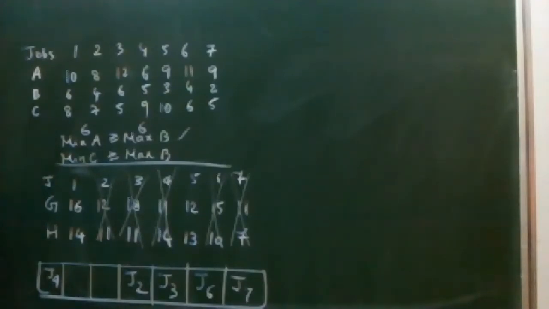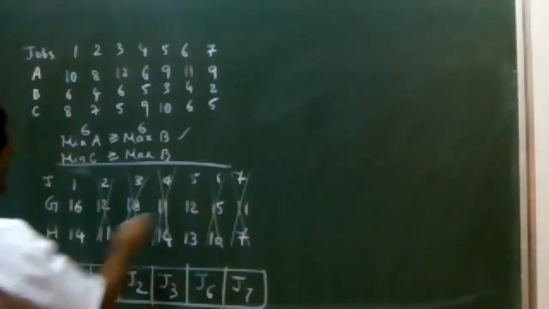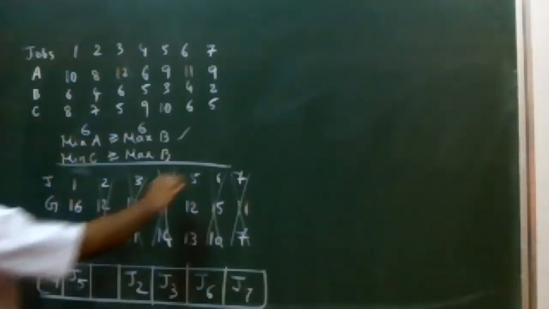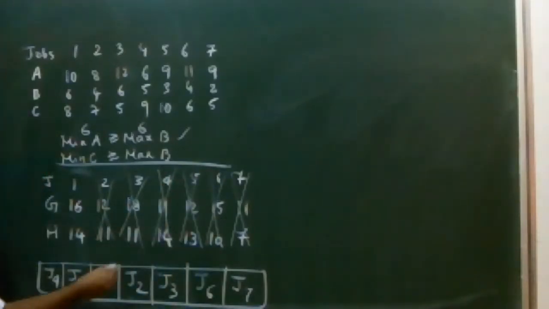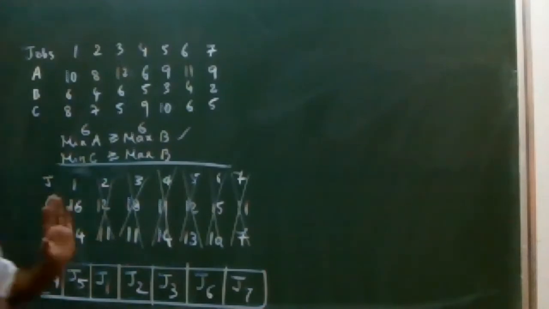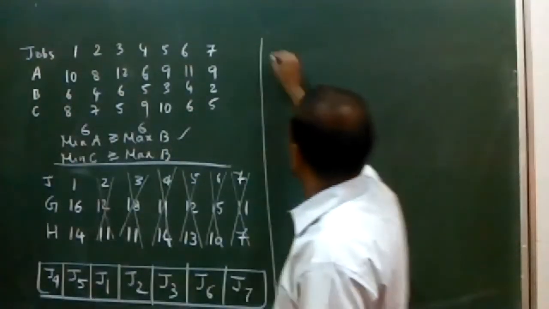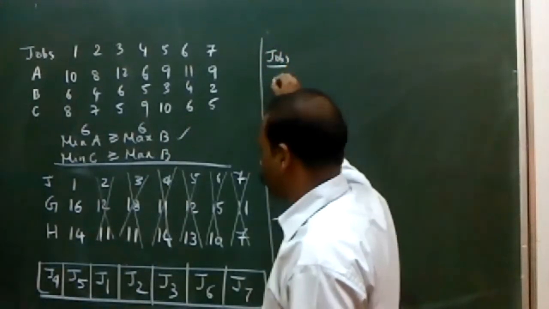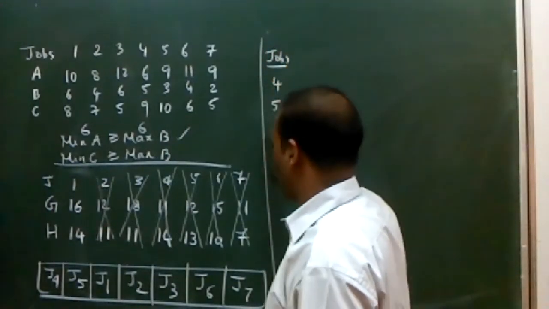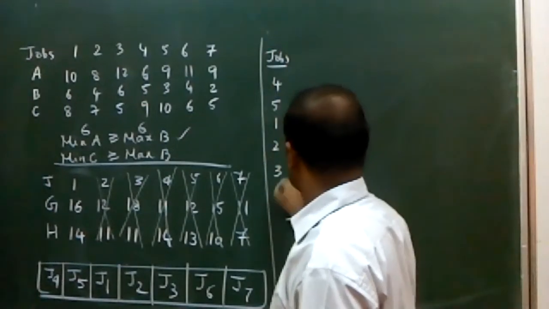Now can you tell me which is the next lowest value? 12, sir. Job number 5 has the lowest value, and it happens to be on machine A. Therefore, I can take it as job number 5. This is gone. And finally, the last one you can write as it is: job 1. So now the order is ready. By applying Johnson's rule, the order we have got is 4, 5, 1, 2, 3, 6, and 7. Now let's quickly find the values. The jobs are 4, 5, 1, 2, 3, 6, and 7.